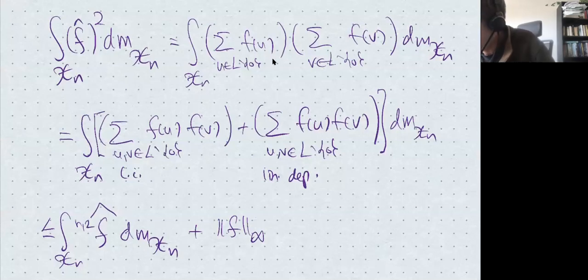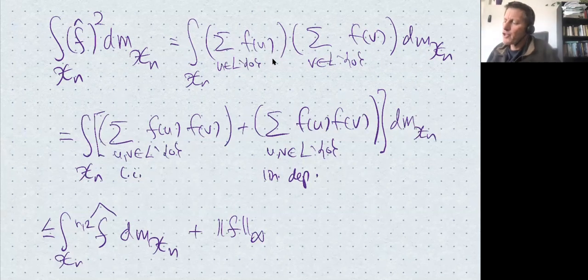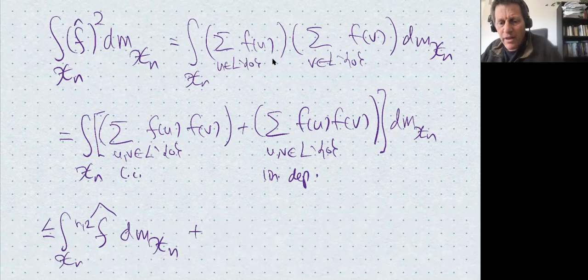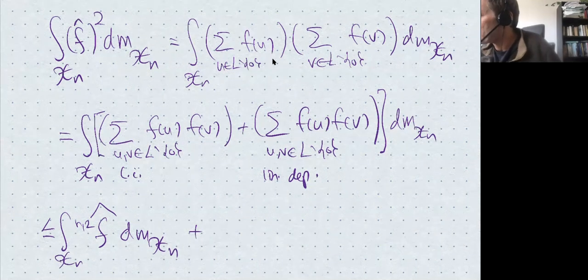Okay, let me try to do this correctly, but my notes are incorrect. I'll try to write this out correctly. So if u and v are linearly dependent and they both live in a lattice, that means that they're both products of the same primitive vector by some non-zero numbers. So let's write this right-hand term that appears here in the following way.